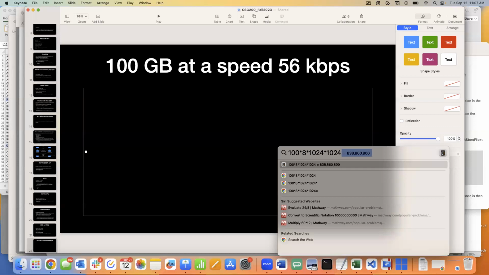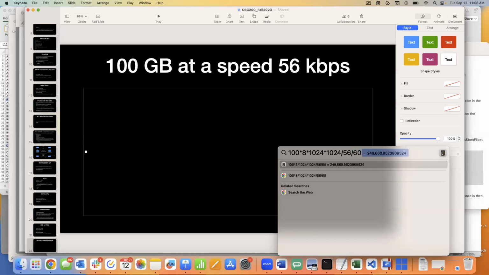Our maximum theoretical speed over dial-up, keeping in mind that you rarely actually hit 56 kilobits because there's line noise and stuff like that, but let's assume we did. Divide that by 56. That's the number of seconds. So we got 14,979,657.14 seconds it takes to download that file. So let's divide that by 60. That's the number of minutes.